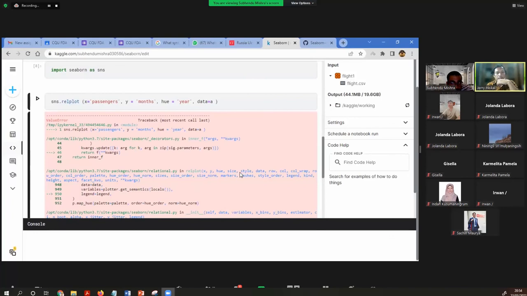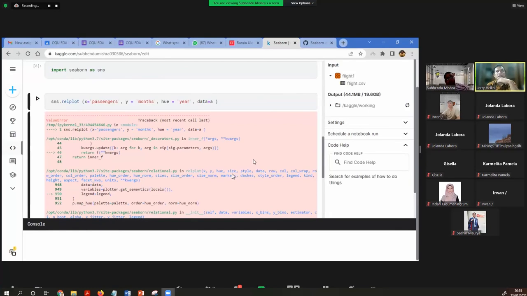X passengers, Y months, hue year, data A. Oh, you haven't imported NumPy and pandas. Where's the data?